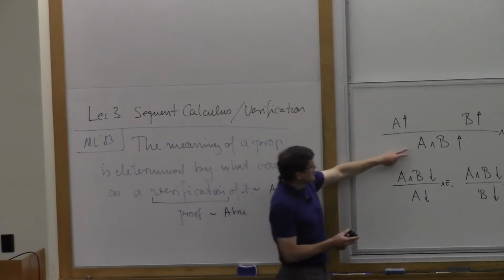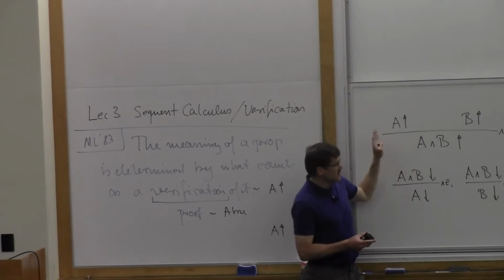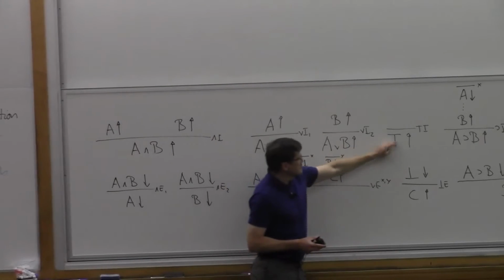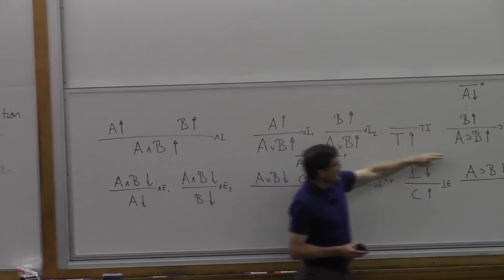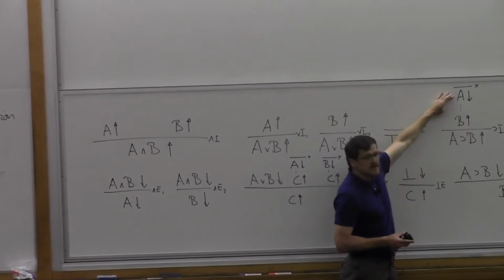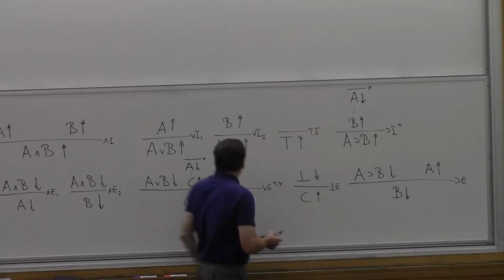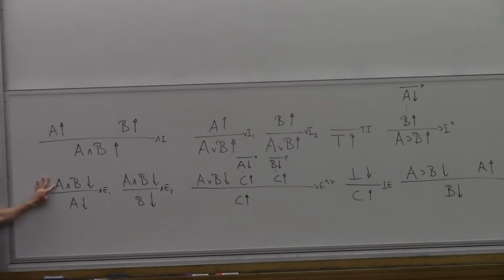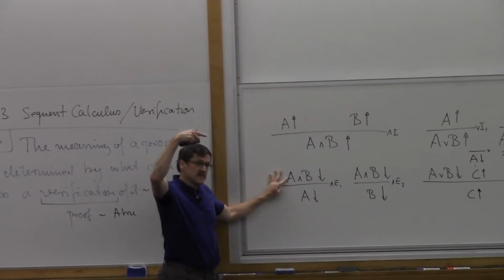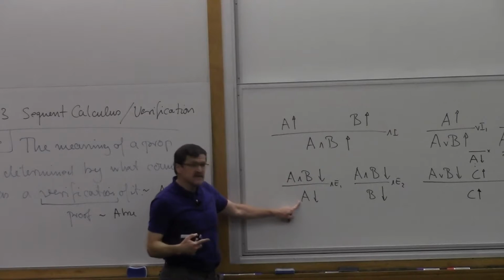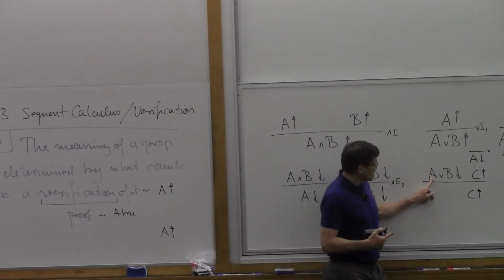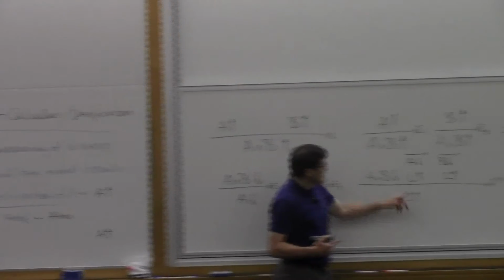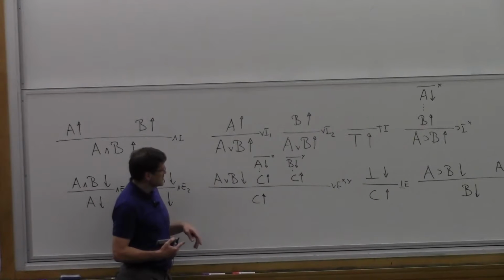Let's check it. Here we only get subformulas of A and B, so that's obvious. Here there aren't any subformulas. Here we get a subformula, and we also get another subformula we can use. Now, when we can use something, we already know the thing on the top is going to be a subformula, because the only things I assume are subformulas of what I would try to prove. We extract a piece of that, which is also going to be a subformula of my initial goal. Same thing here: A is going to be a subformula of A or B, and B is going to be a subformula of A or B. So the subproofs only consist of subformulas.